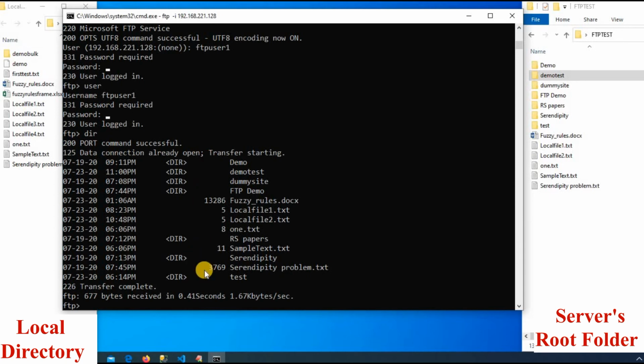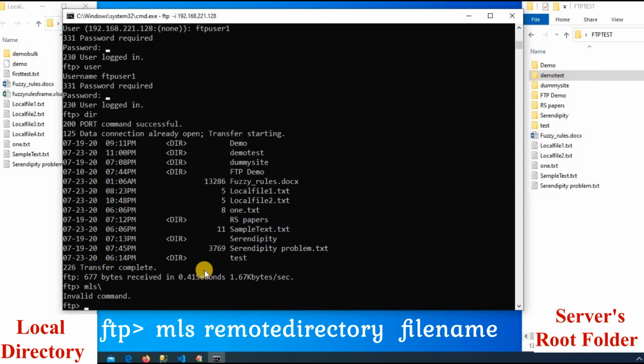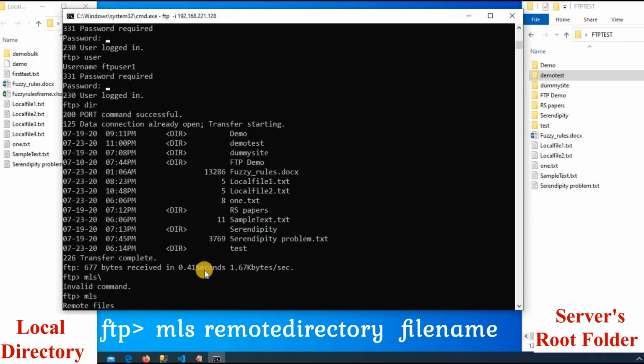Now, if you want the names of all the files and folders available on your server in a text file, which should be downloaded on your local device, for that, use command mls. Hit enter. It will ask which particular directory.